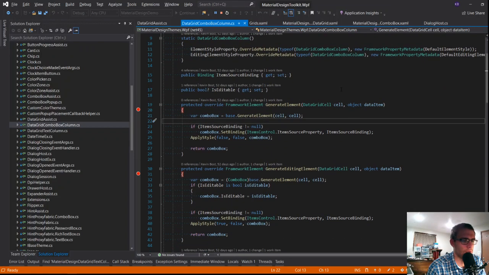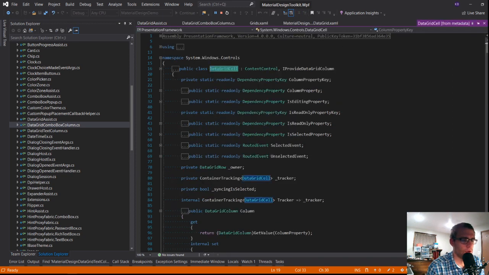Let's see here, because I do get access to the element. I'm wondering if the element should watch itself. I'm wondering if it should.